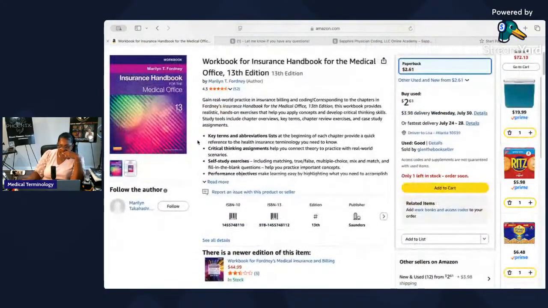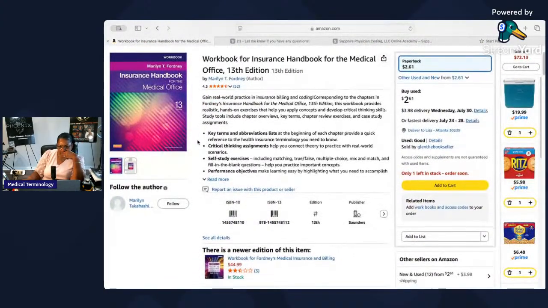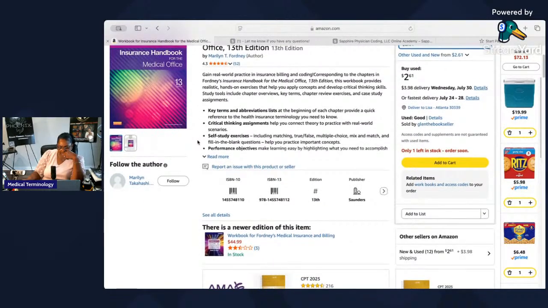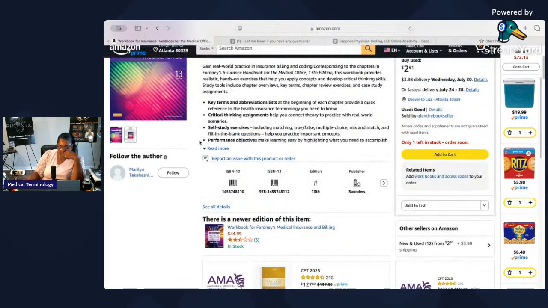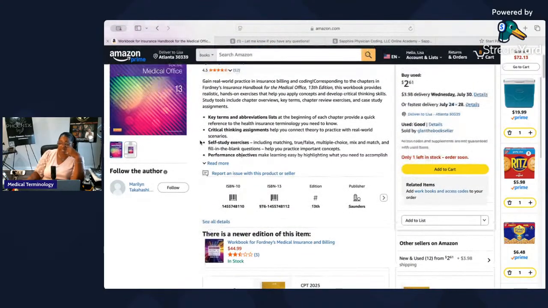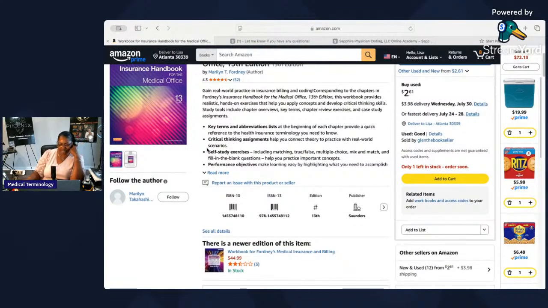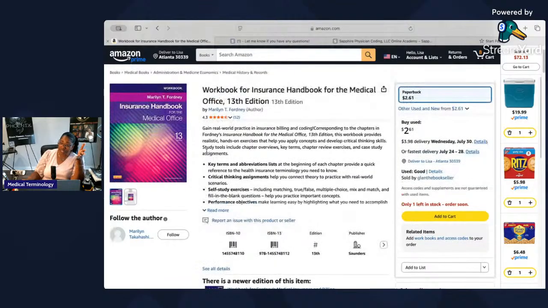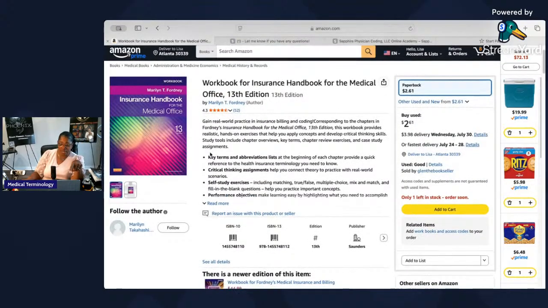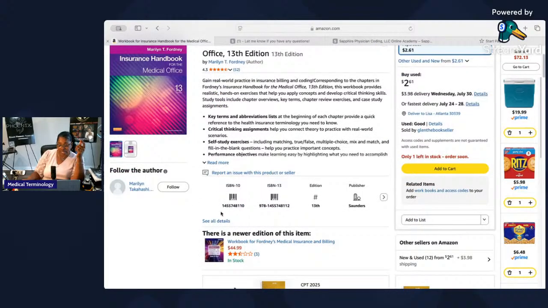It's $2? Okay, I was trying to see if I should say that. All right, so the book says $2.61. I don't know where y'all at, but y'all better jump on that right now. Go ahead and buy that book. I told y'all Amazon be having some deals. And look at here. Look, this is the new one. It says beware of edition. This is a new edition. This is the newest one. They want $44.99. This book is like $130 on Elsevier.com.